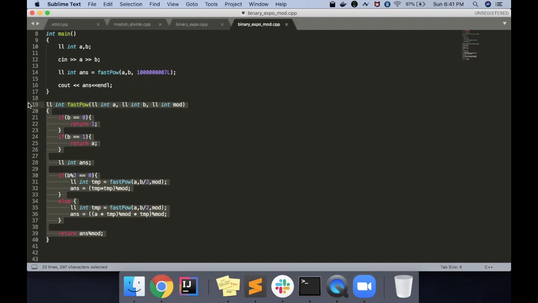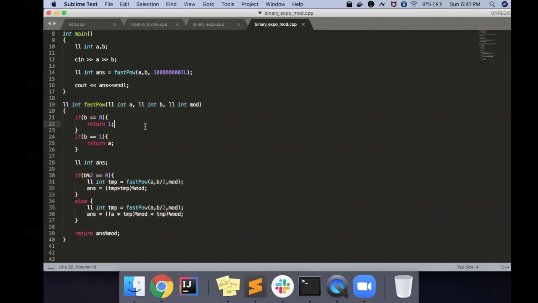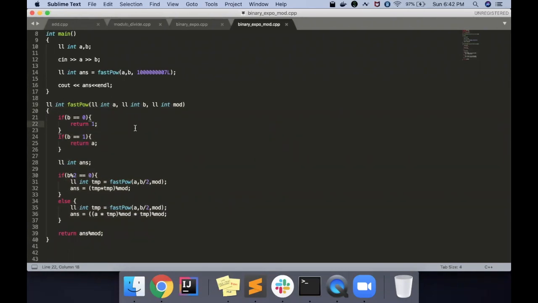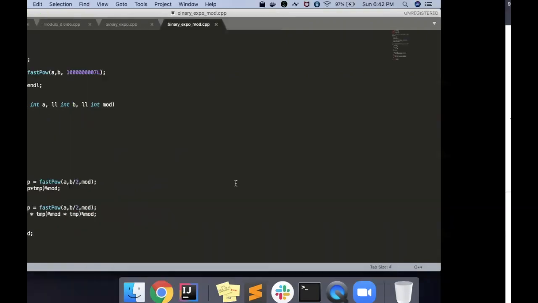I'll again say, write this function and use it as your template, at least for the people who are still in college, because you will definitely get this in a coding contest, and you won't have time to write it again and again. First time write it yourself, make sure you understand it, and then just reuse these functions. That's how it's very simple to calculate 2 ki power 10 to the 9 mod C.